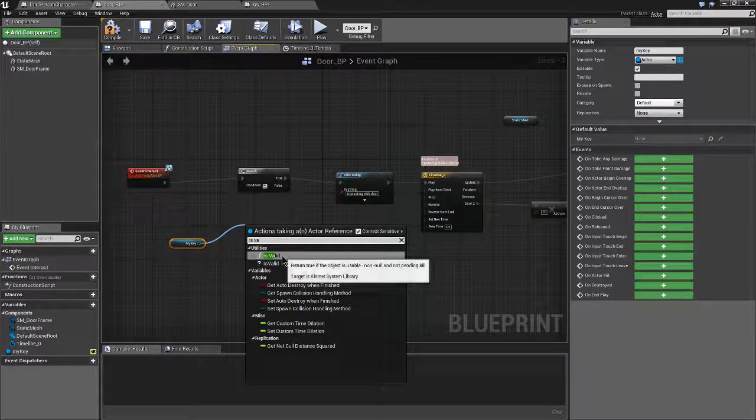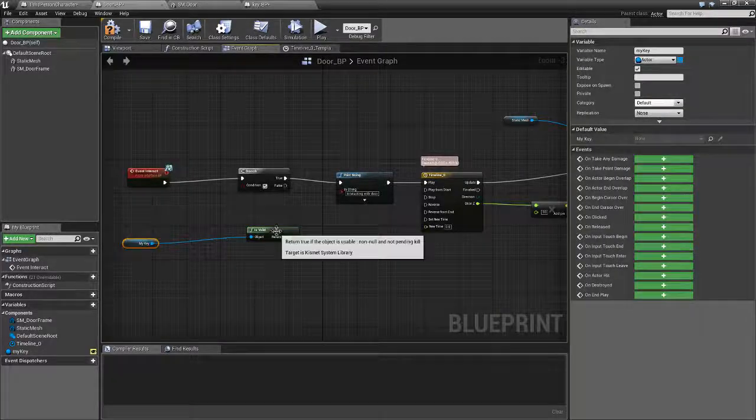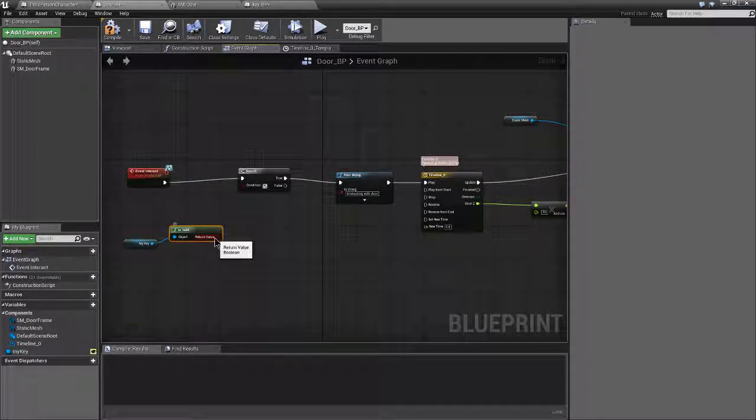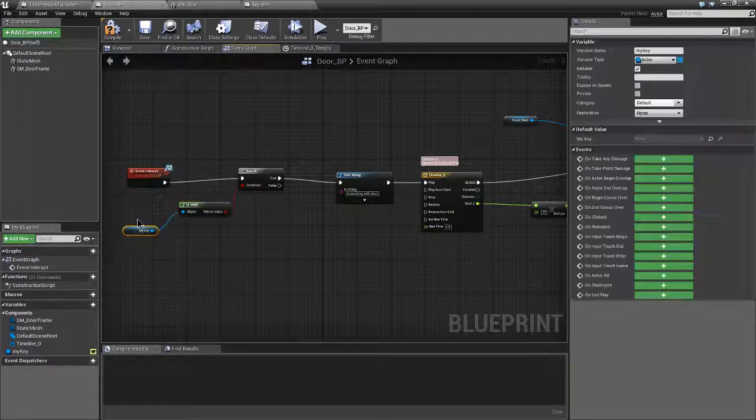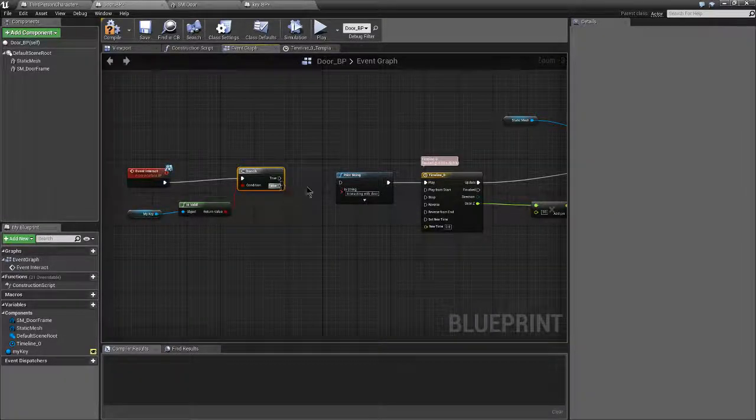Now, is valid will be true if the key exists in the world before we've picked it up. It becomes false once the destroy actor on the key gets fired off when we pick it up. So make sure you just set these up right. So if it is valid false, then we're going to interact with the door and we're going to pick up our